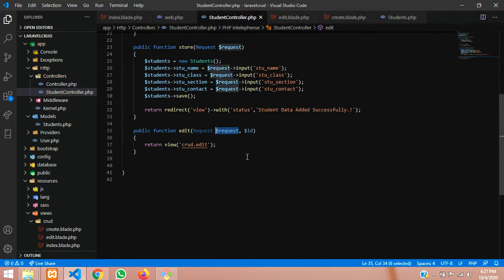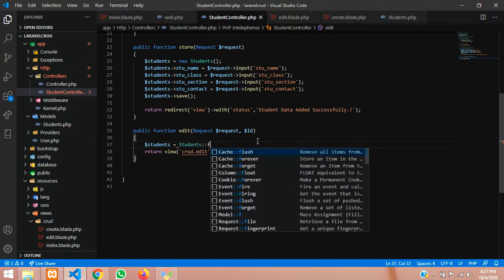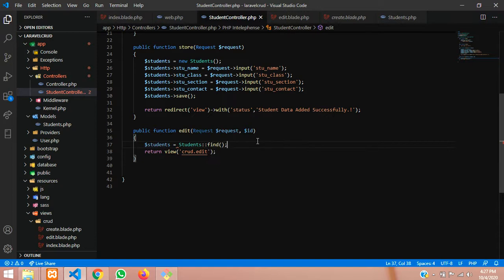So if you are using request you can use request, or if $ID then $ID. So this $ID means we are going to search that from our model. Okay, model. So let's create a variable called students, and call your model Students, where you are going to find with that ID, whatever ID you are passing through the URL. So copy this and find it directly.